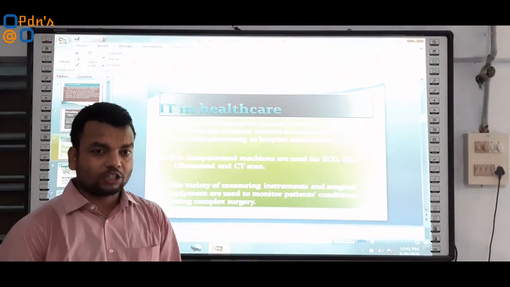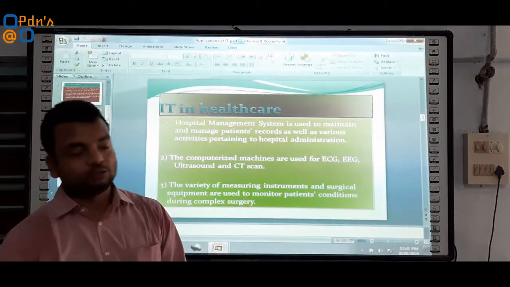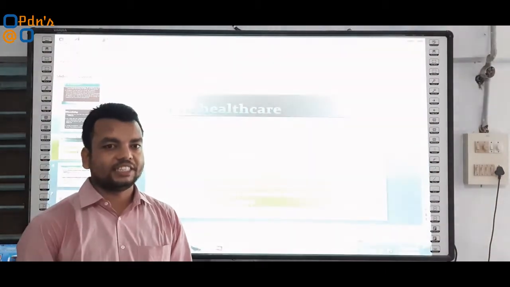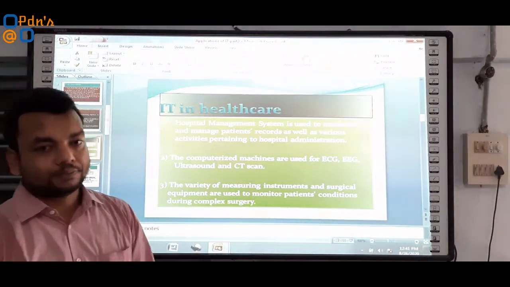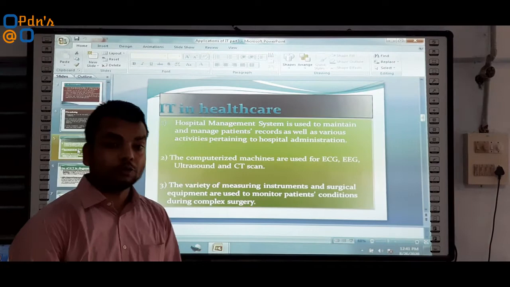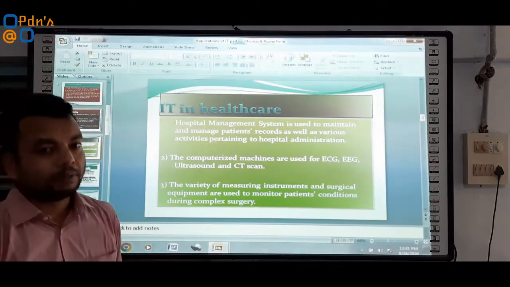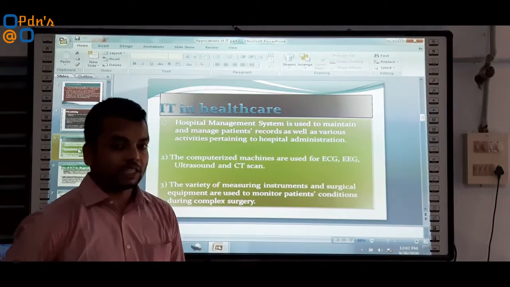whether he is from the outpatient department or he is being admitted into the hospital, or whether he is using ICU facilities or not. All those things will be considered by the use of an application which may come under the hospital management system, and that can be created by means of computers and the internet.